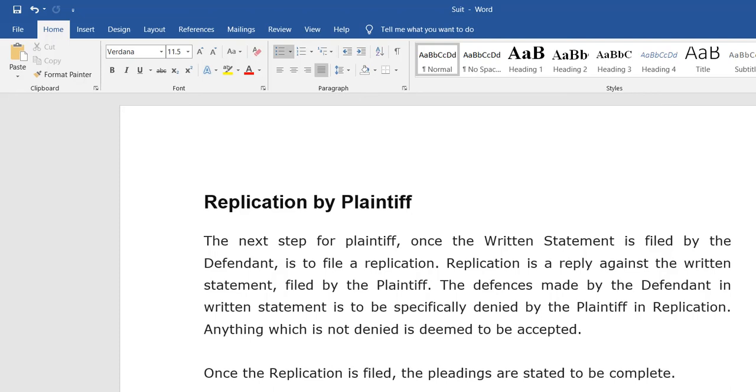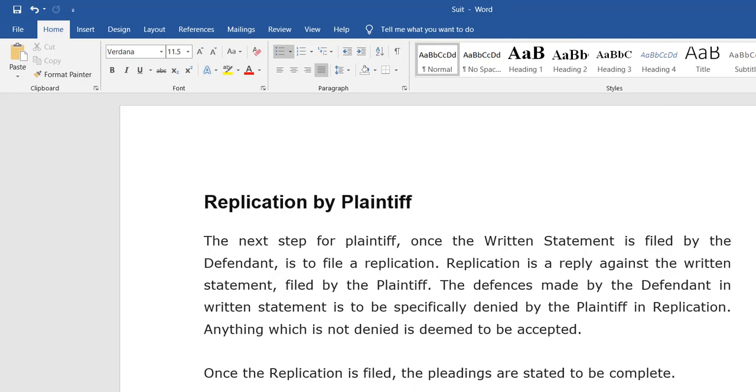Replication is a reply against the written statement filed by the defendant. Suppose the plaintiff has created some notifications and they have reached the defendant, and the defendant has created a written statement within 30 days and filed it, and it has come to the plaintiff.